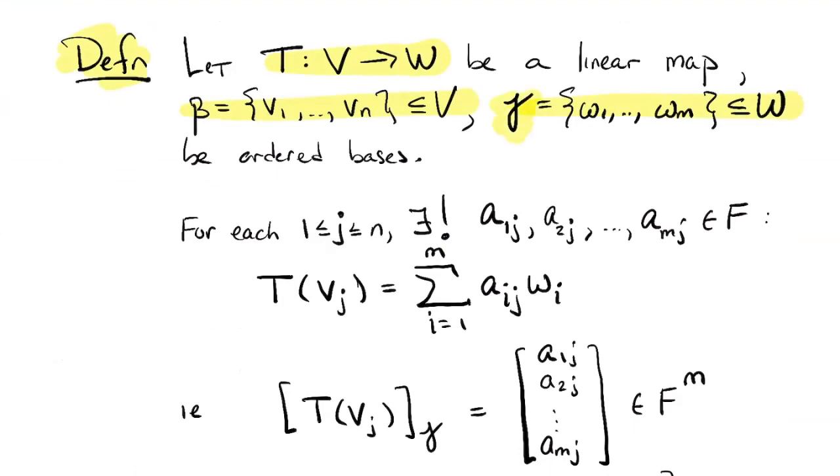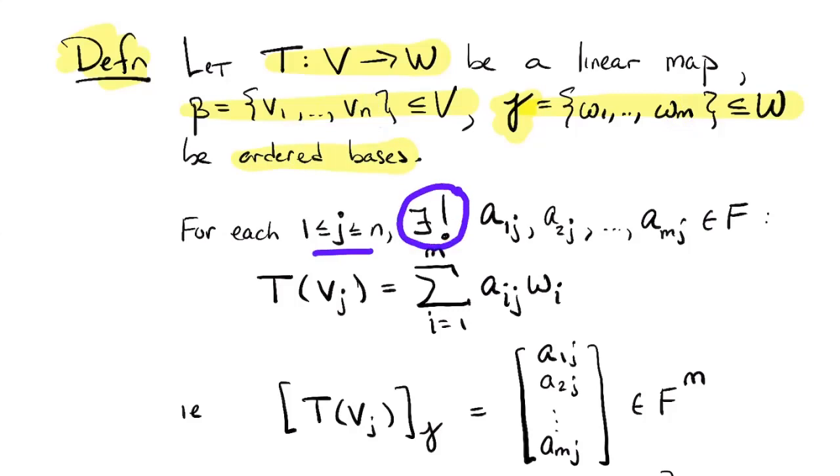The basis for the vector space V, I'm calling v's. The vector space W's basis are called w's. You can see in my notation, V has dimension n, W has dimension m, because those are bases. And in particular, they're ordered bases. Cool. Okay, so for each j between 1 and n,